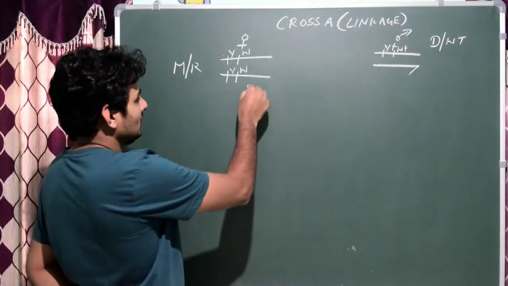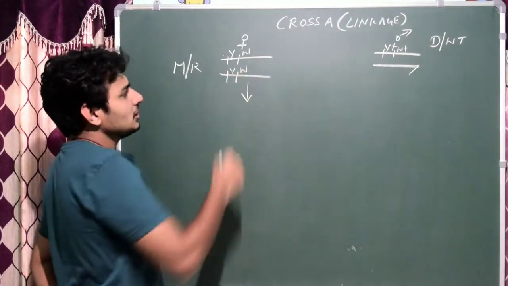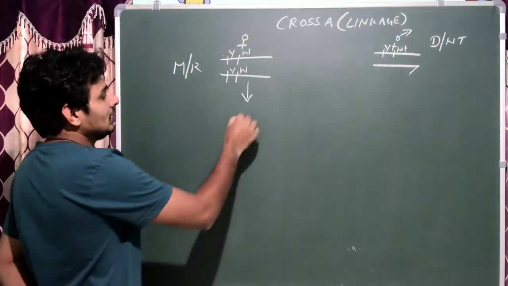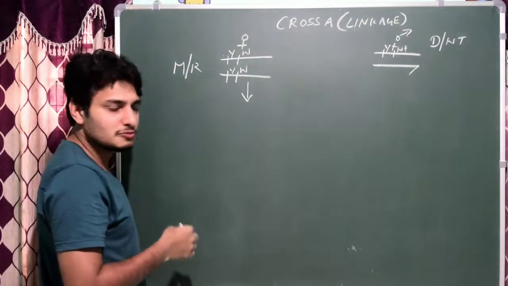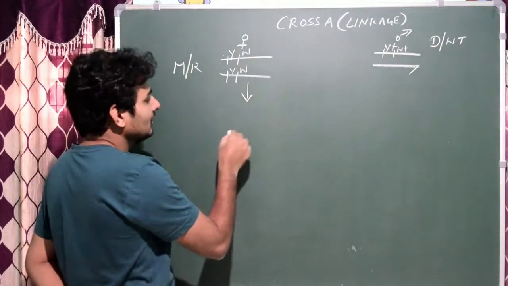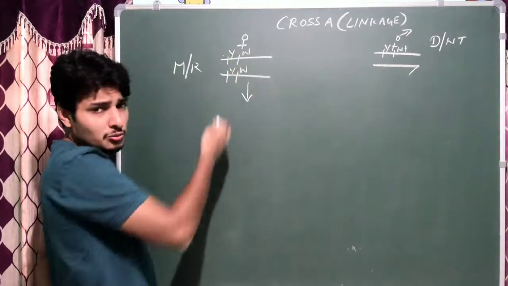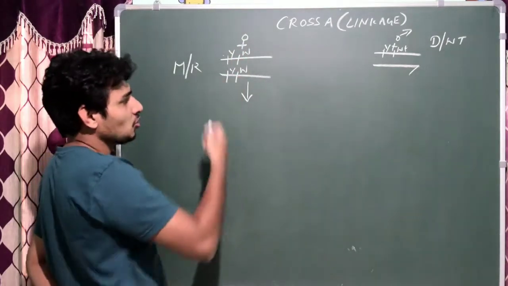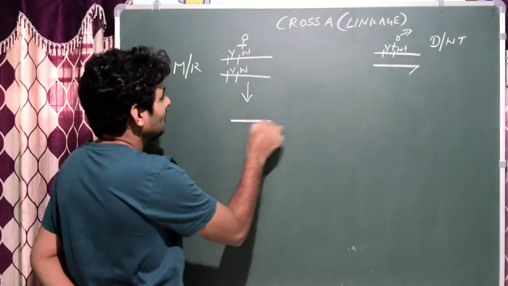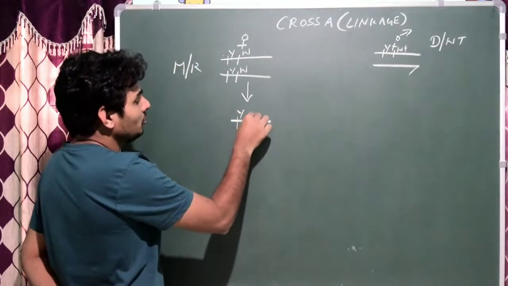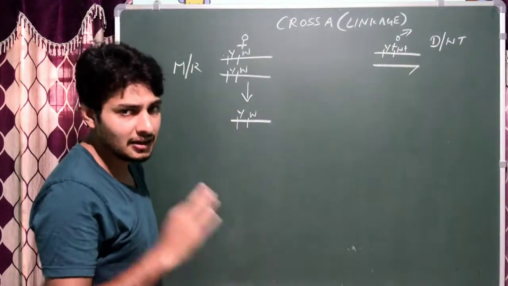The cross will happen. You know that during the formation of the gametes, whatever gametes are produced from the female will obviously contain 3 autosomes and 1 sex chromosome. Here the sex chromosomes are the same, which is homozygous or homologous. Obviously it will be y and w, so that is actually in her gamete.